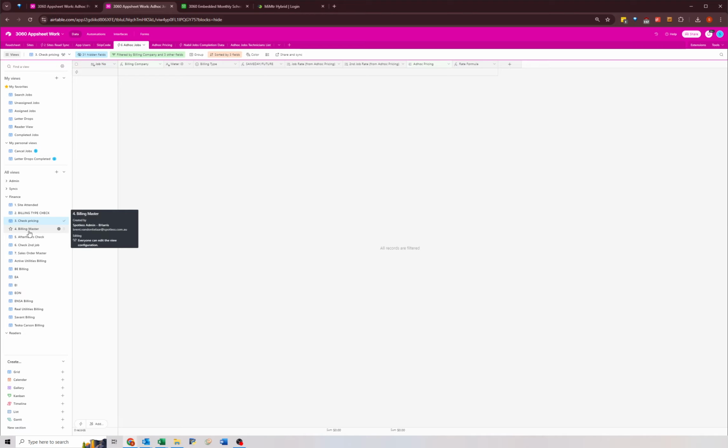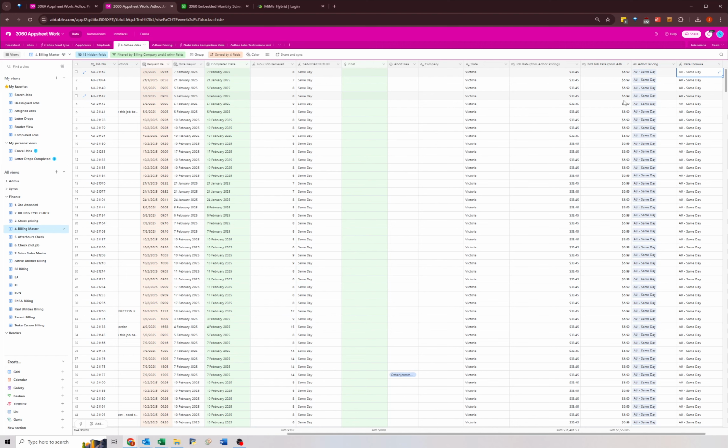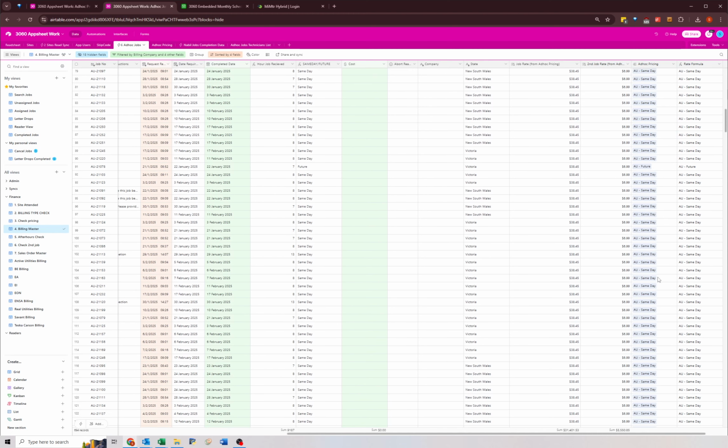So in the next section, we'll go to Billing Master. And basically over here on the right, ad hoc pricing rate formula. This is what we put in last time. Now, sometimes the copying over process will not work perfectly. So for example, you'll put in future, but it'll say same day here when you copied it in the last step. I don't know why that happens sometimes, but what you can do to check is